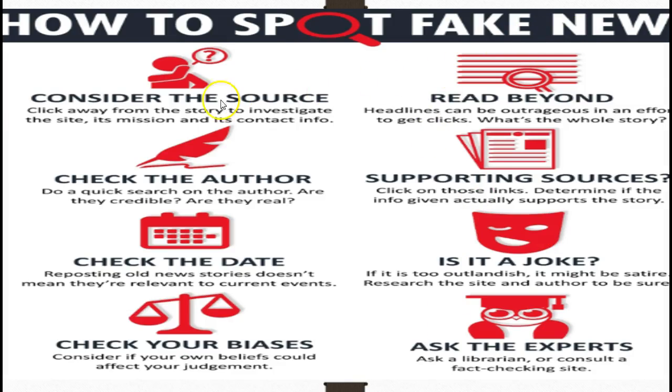How to spot fake news. Again, this is kind of highlighting what I've already talked about. Consider the source, check the author, check the date. So, for example, yesterday in my news feed on Facebook, several people had posted articles that were rather inflammatory, but they were a year old too. So yes, they're inflammatory, but to continue to repost them is not really effective. So also check the date of what you're viewing. Check your own biases. Check the biases of the information you're receiving.